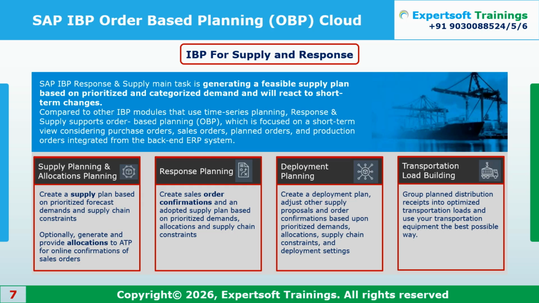The next thing is transportation and load building. When we are doing the supply planning, you will get the receipt elements, as I mentioned: the planned orders, the purchase requisitions, or the stock transfer requisitions. After reading the results, the transportation load building will help you to optimize your transportation. So for example,